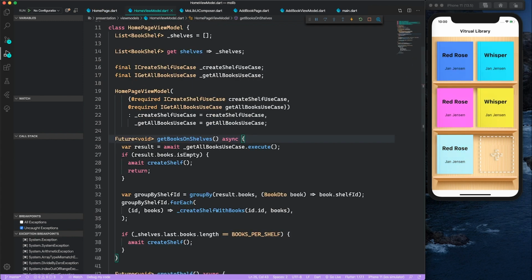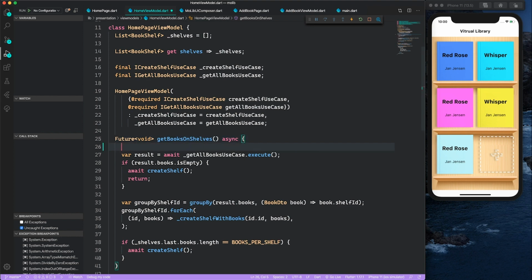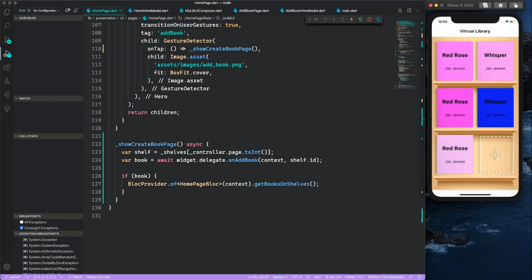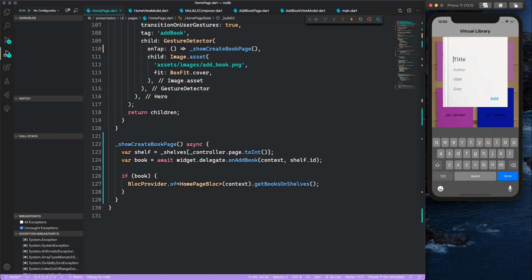Again guys, there's an issue in the view model where I am not clearing the shelves before I fetch the new ones. So it's adding the same set of data over and over again. So I'll clear the shelf that is in the home page view model. I'll clear the shelves before I call the get books on shelves. And so if I try to add the book now, some book,